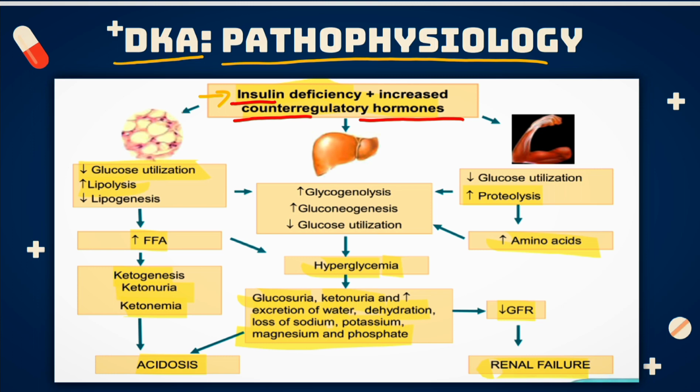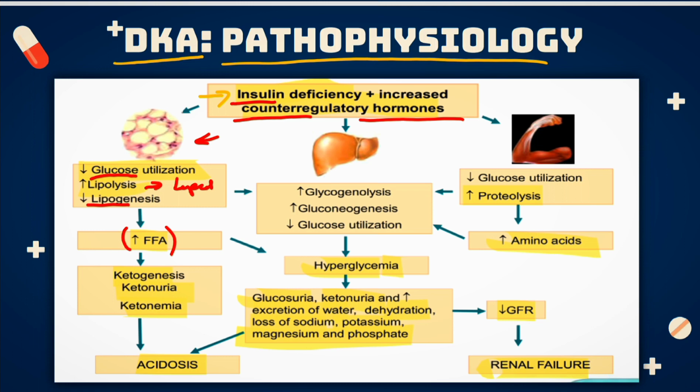Like first, in adipose tissue, there is decreased utilization of glucose, as well as increased lipolysis, meaning there is destruction of the lipids, or we can say fatty tissue. Apart from that, lipogenesis, meaning genesis of lipids, is also decreased. All these three reasons cause an increase in free fatty acids, which is a part of the destruction of lipids. This increased free fatty acid